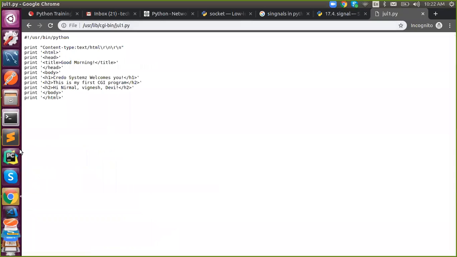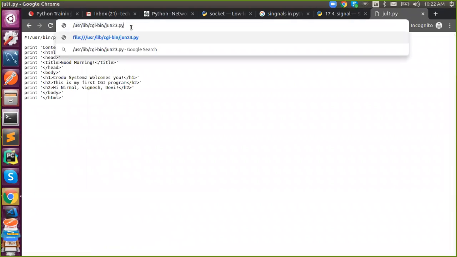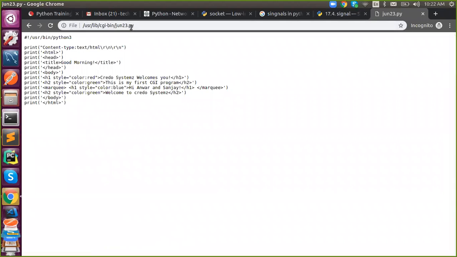This is not a CGI. I'm just showcasing what happens when you know how to execute a Python program using Python. But if you copy that path and paste it in the address bar in a browser, what happens? It will simply open your file because a Python file is again a text file. So it will simply open your file. That's it. Okay. Now I'm going to execute the same thing in another browser. See that same file name.